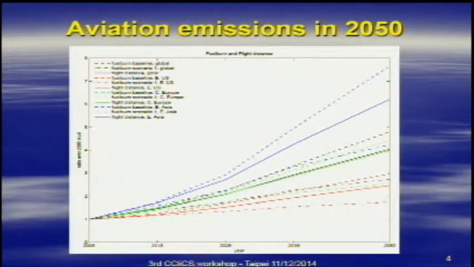And the red solid line is the flight distance in eastern US. Fairly surprisingly, it actually projects a factor of 2.5 increase by 2050. And the biggest growth is actually in here, in East Asia. It projects to grow by a factor of more than 6.